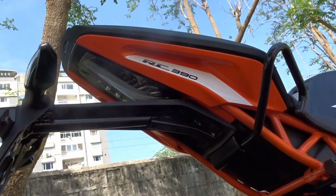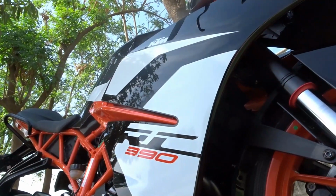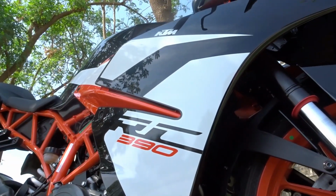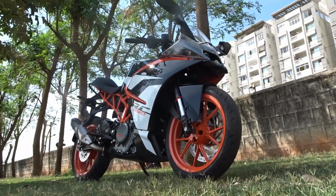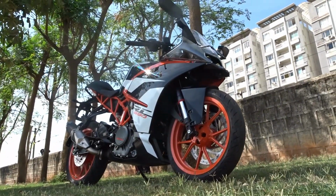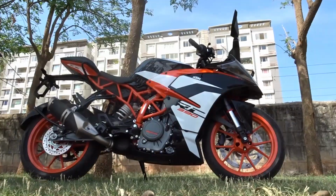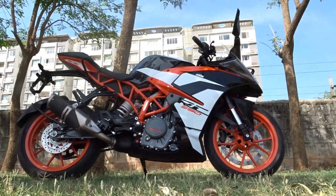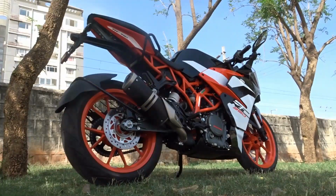KTM RC390. Well, what a bike. What an amazing bike. Sorry, I believe you didn't expect this right at the very beginning, but I'm so damn impressed with the subtle yet significant changes that KTM have added to this already firecracker of a bike that the bike is now almost a perfect deal for anyone looking for a super hot, super sport machine in the 300cc